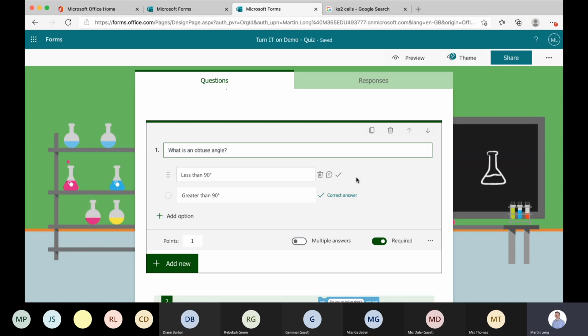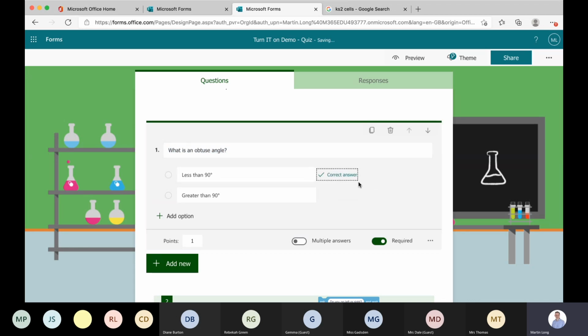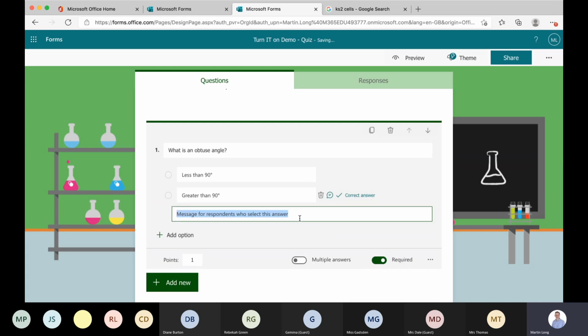But you can signify what the correct answer is by ticking there, so that would say, oh, well, actually that's the correct answer, or that's the correct answer. You can also add in some text message there to say, congratulations, this is correct, and then for extension work please visit, and then you could put an address in there for